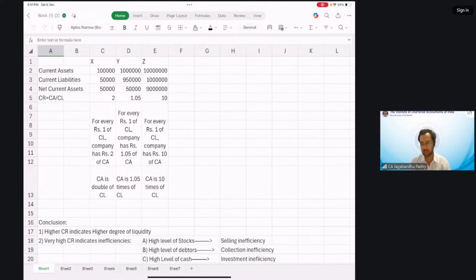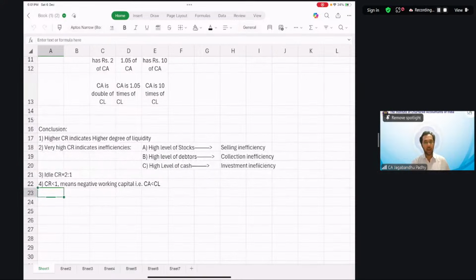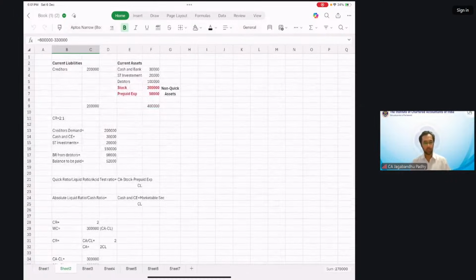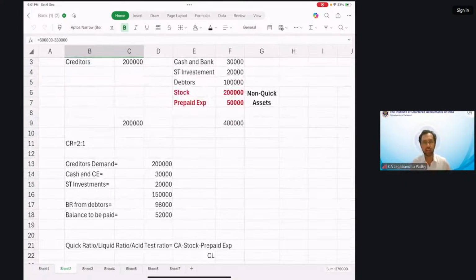security, right? But we can't also have this ratio as a very high number for a simple reason that if the current ratio is very high, it means there is some sort of inefficiency. Now, inefficiency could be with regards to selling, with regards to collecting, and with regards to investing. Ideally, the current ratio should be around 2:1, and if the current ratio is less than 1, it indicates negative working capital. Okay, then we said that in spite of having a current ratio of 2, we may face a situation